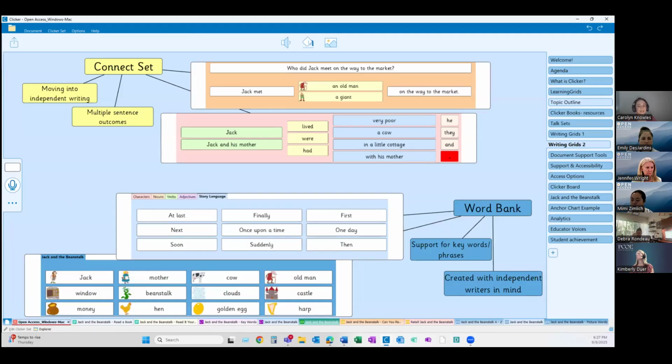And I hope you can see through the books, the talk sets, but also the writing grids especially, we aim to provide a range of activities. So not every activity is going to work for every student, of course, and some may need editing depending on what certain kiddos need, but our aim is to provide choice for educators and teachers because we know that you know your students best, and we want you to have something to go off of without having to create something totally from scratch, but also a little bit of a framework for if you do need to make a modification or provide scaffolding, you can do that. There's sort of a layout for it.